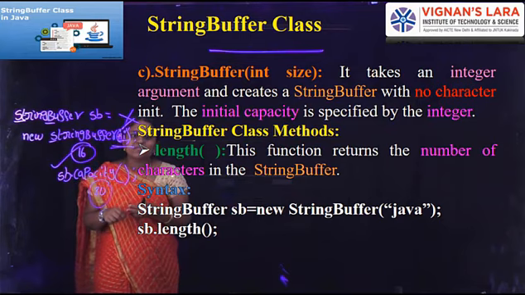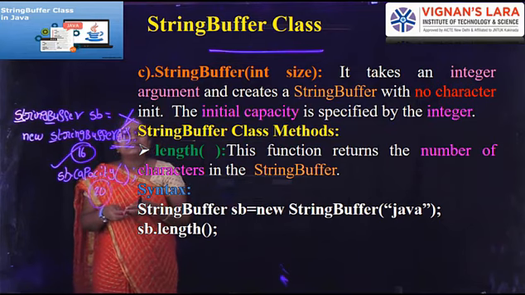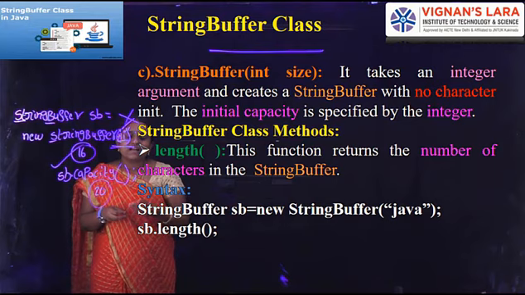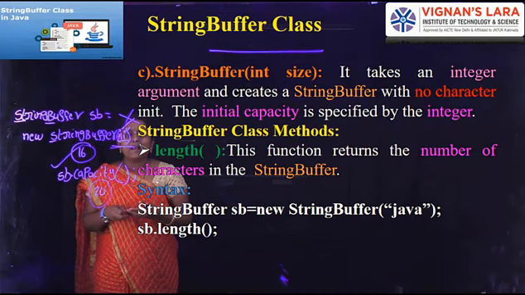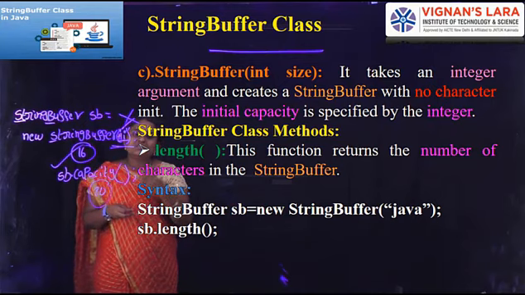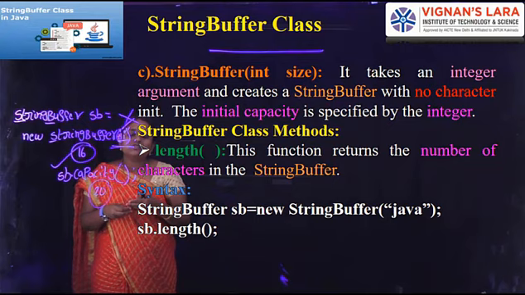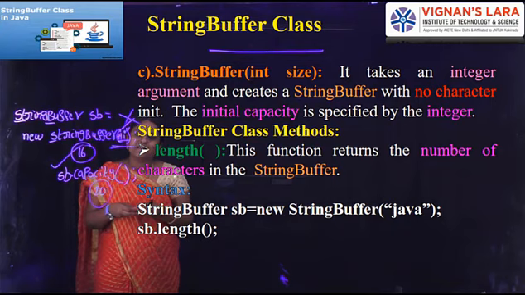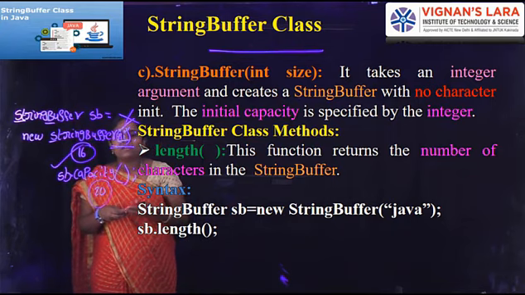What is the difference between String and StringBuffer? String is immutable, StringBuffer is mutable. Mutable means we can change, we can modify. Once we create a StringBuffer with a specified sequence of characters, the data present inside the object can change. We need not create more references. Compared to String, where every time the user modifies the given string, one more reference is created, here we need not create a number of references.